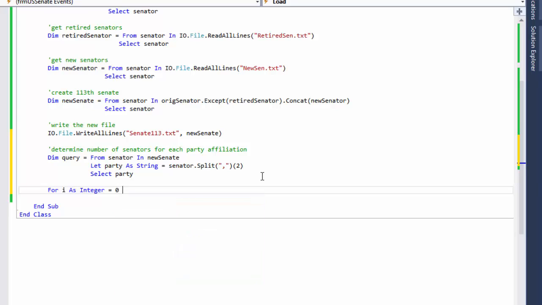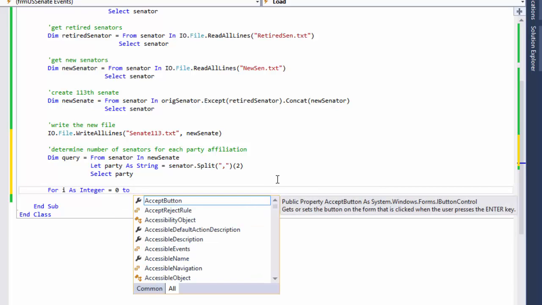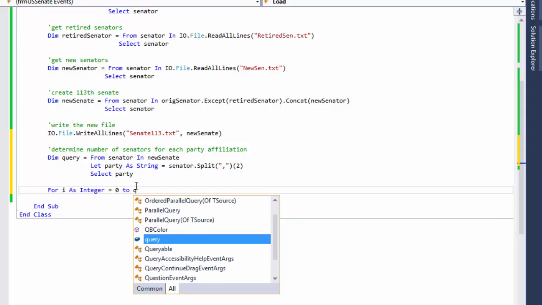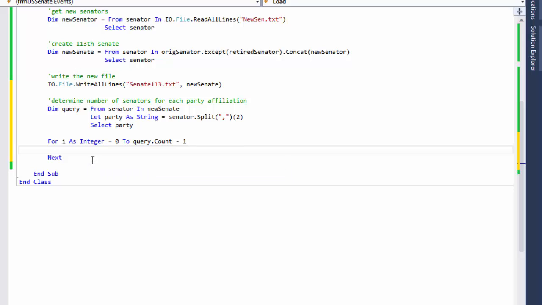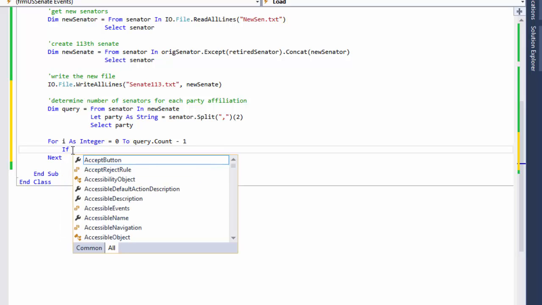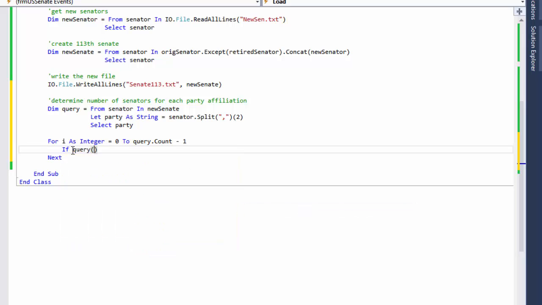We'll start from 0 to query.Count minus 1, so we are looping through all the information from the query. Now we'll do a simple if statement. If the query element I equals capital D, that's for Democrats, then